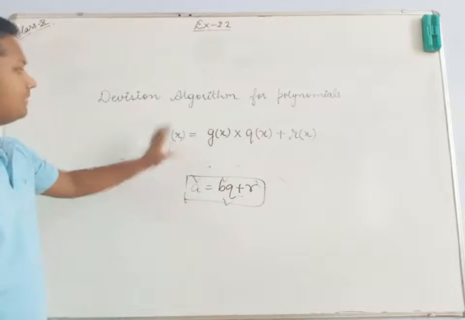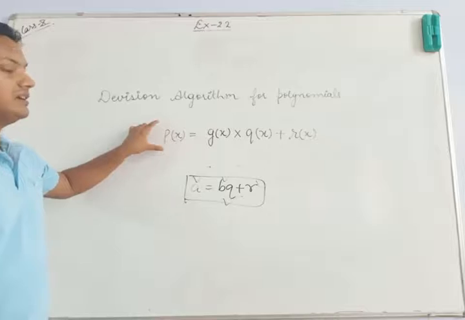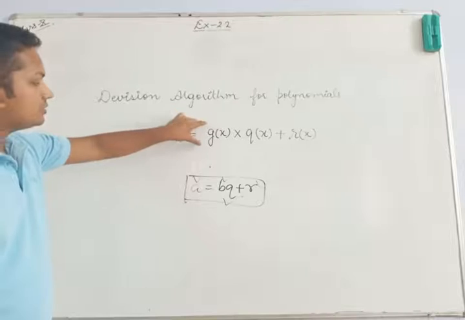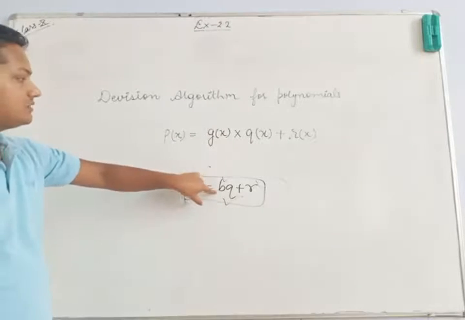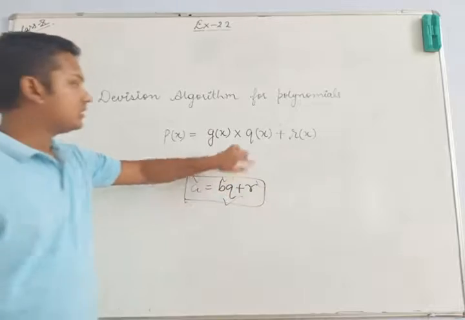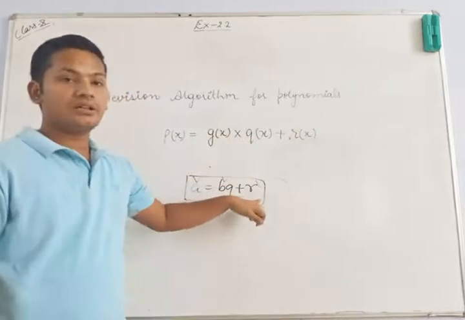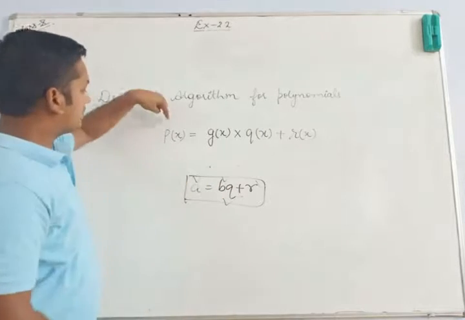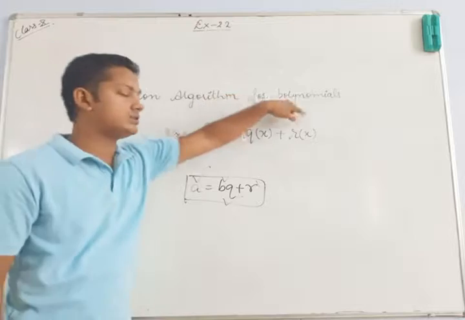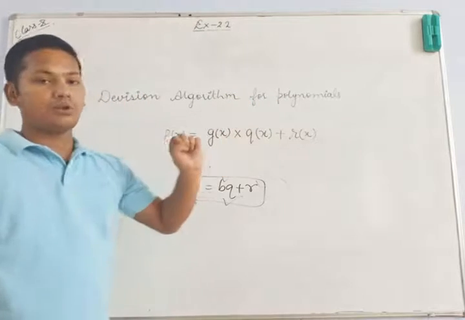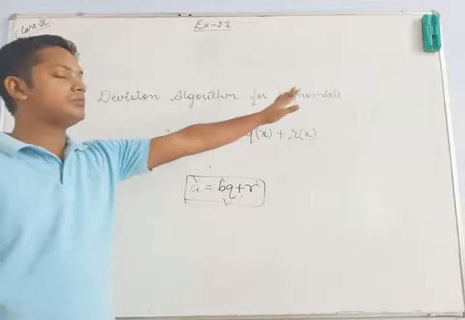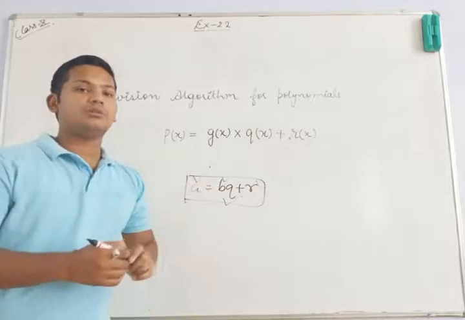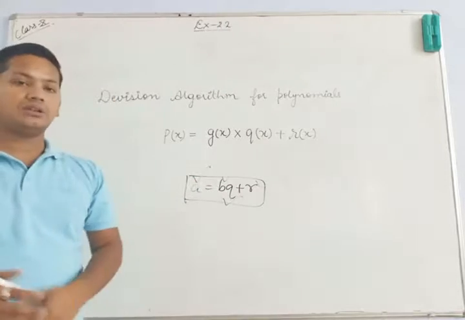Okay, in the similar manner अगर हम यही चीज अप्लाई करें पॉलिनोमियल्स के साथ, ओके, तो p(x) क्या है? डिविडेंड है. g(x) क्या है? डिवाइजर है. g(x) is divisor and q(x) is our quotient, whether r(x) is our remainder, and all these terms, whether the dividend or the divisor or the quotient or the remainder, all are what? Polynomials. So the same division algorithm will be applied for the polynomial as well. Okay, so this will be applied in the questions later on.